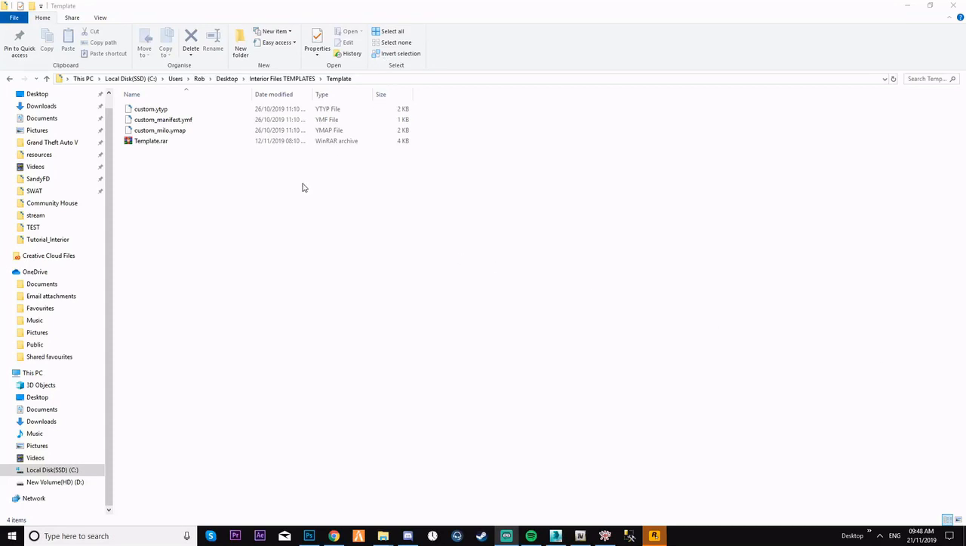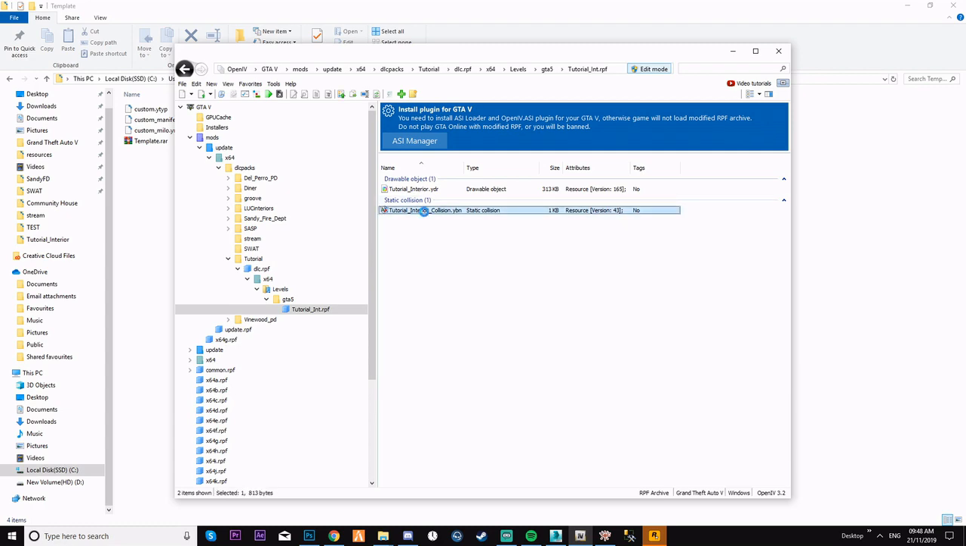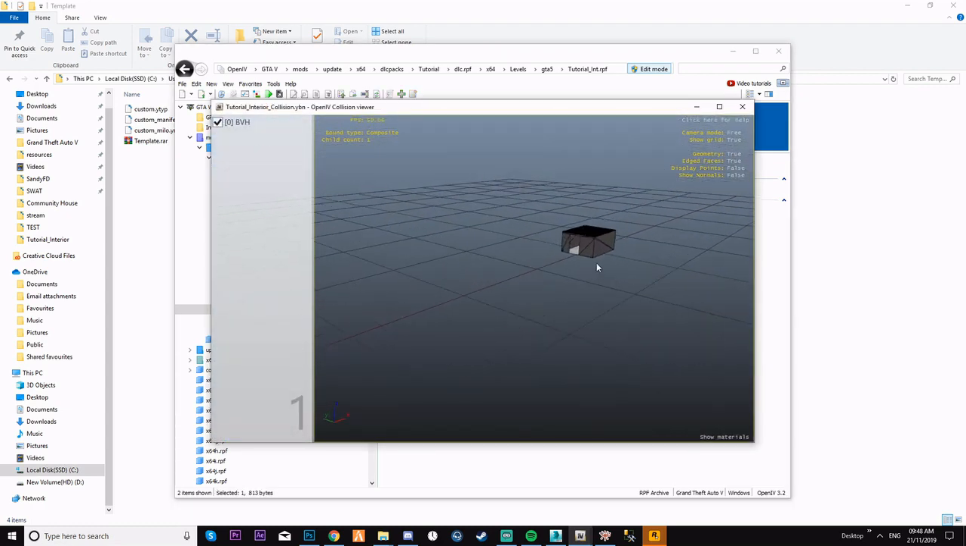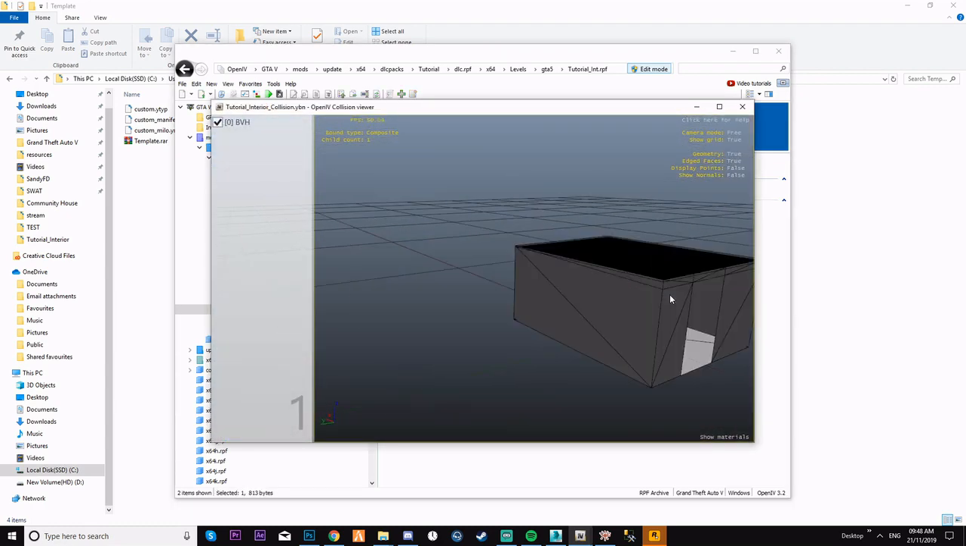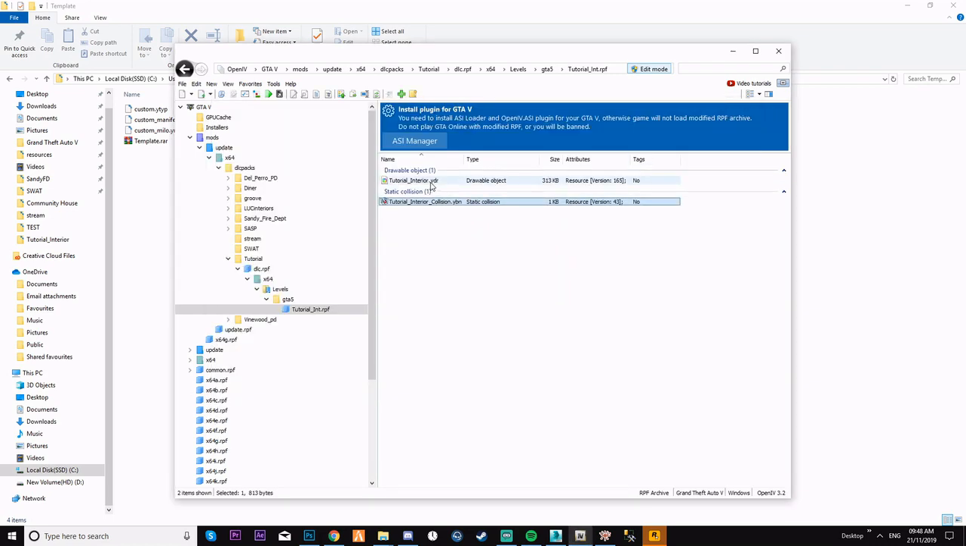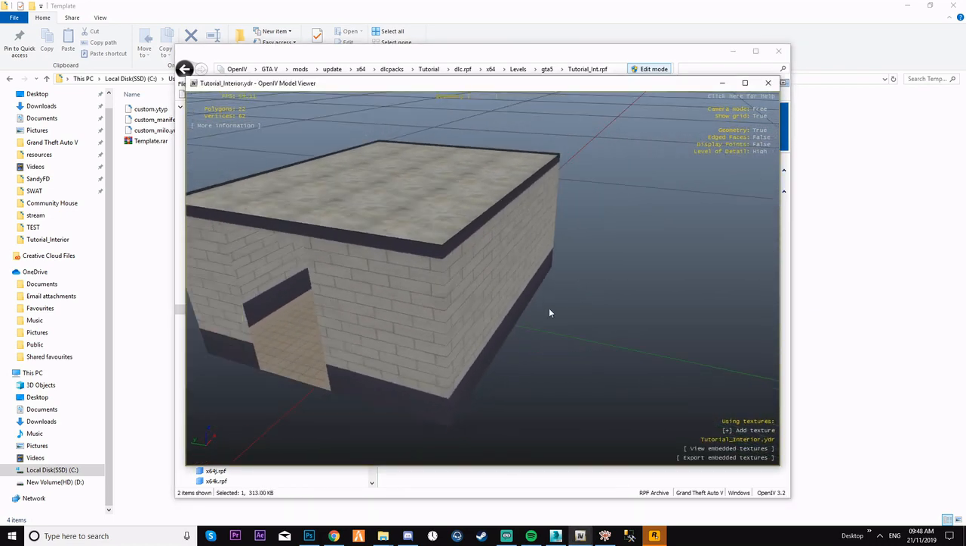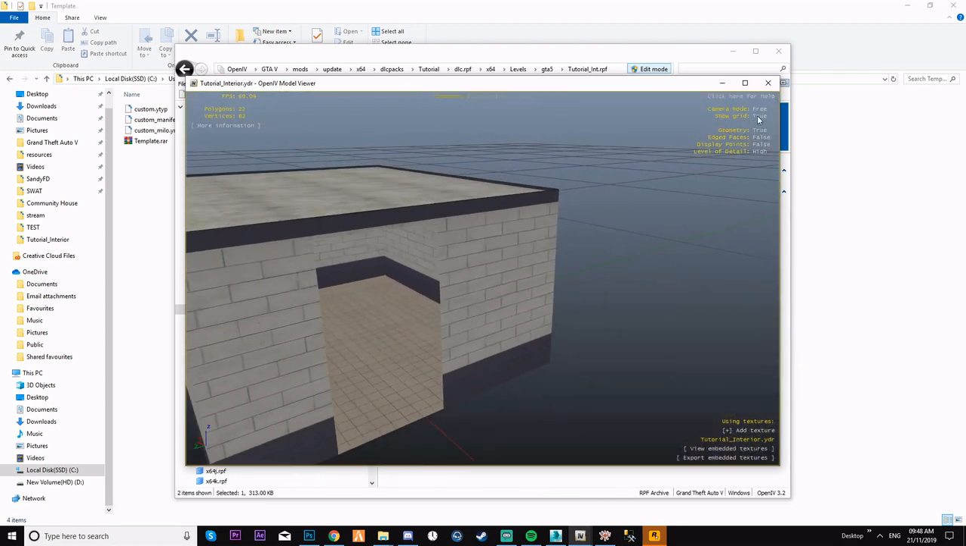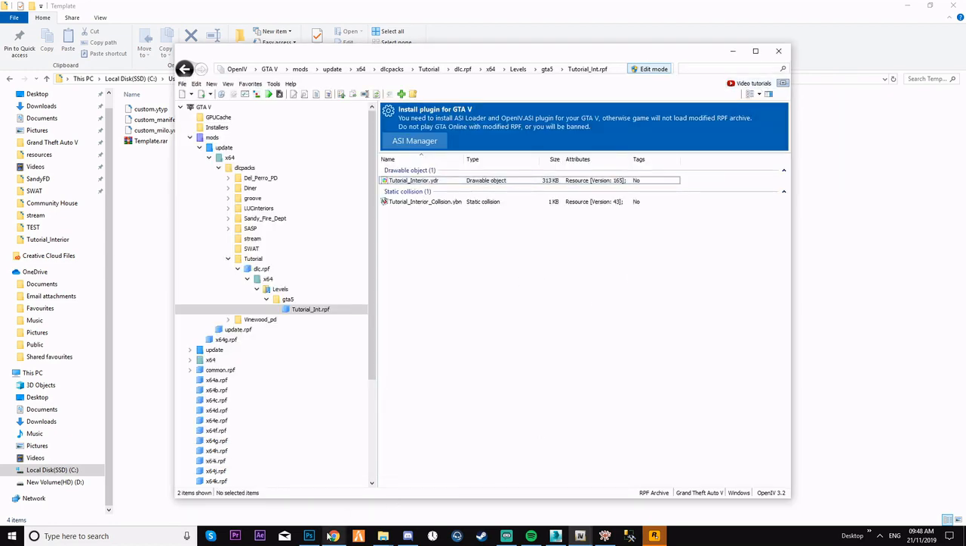Okay, so now we're on the next stage. We've made the interior, we've made the collision. It's in here. You can see it all works. So this is the collision. This is the interior. All right. So now what we're going to focus on is